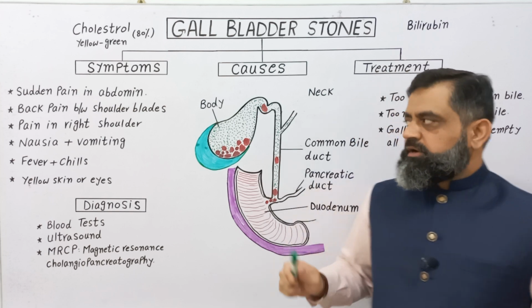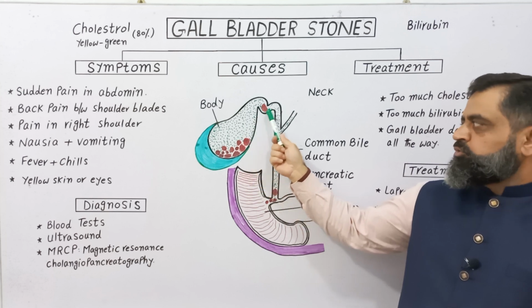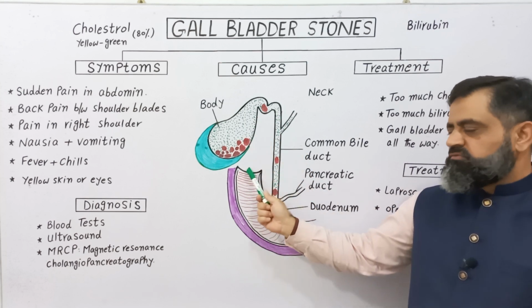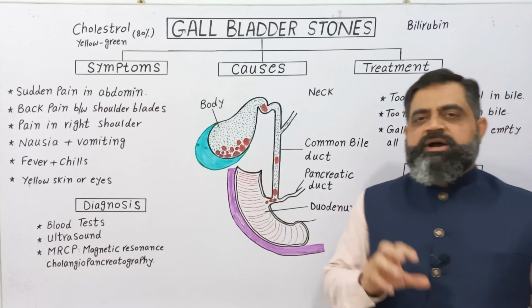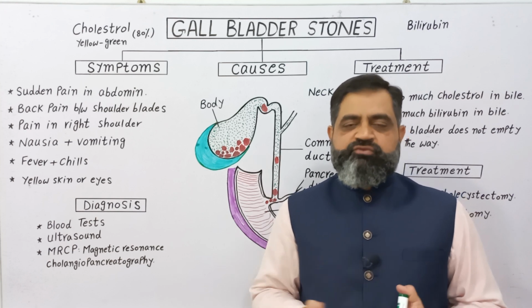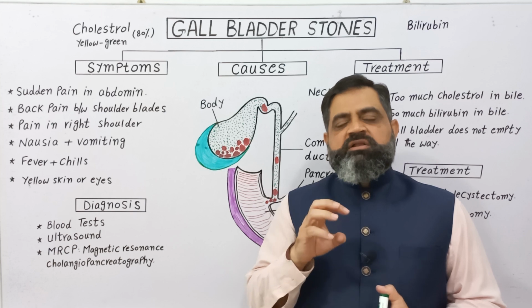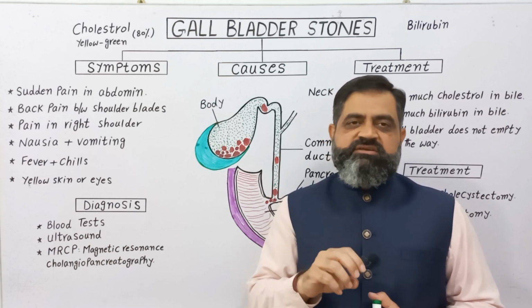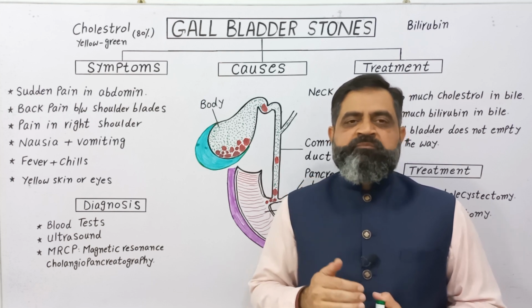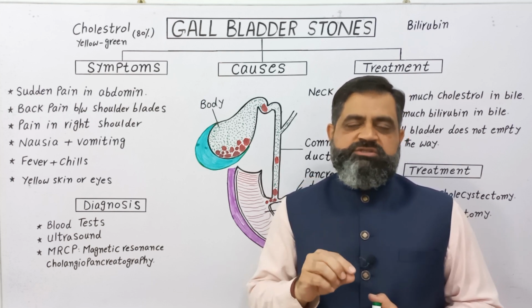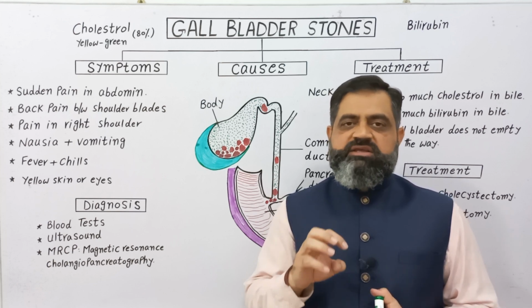This bile is secreted from the gallbladder by contraction of the walls of the gallbladder through the common bile duct into the first portion of the small intestine, which is known as the duodenum, where bile acts on fats present in the food and emulsifies them. Detergent action. After emulsification, fats are converted into small globules or micelles. On these micelles, globules and particles of fats, lipid-digesting enzymes like lipases can act easily